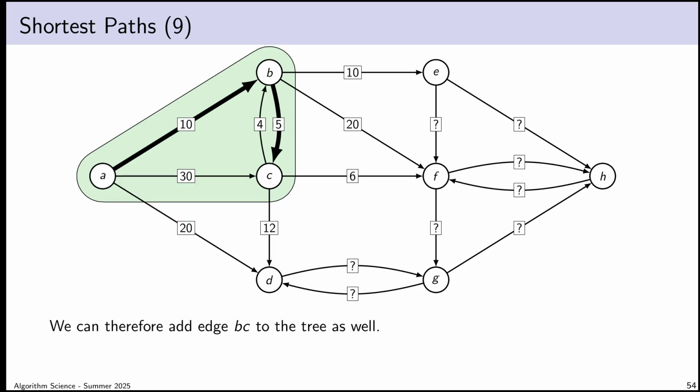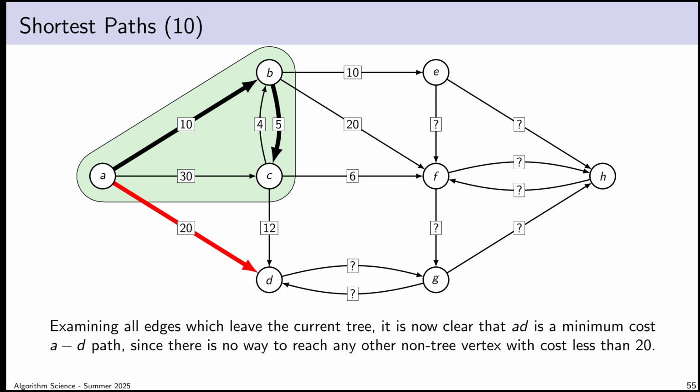If I now recompute the minimum cost of travel to various places, I can still reach vertex E at cost 20. I can reach vertex F via vertex B with cost 30. I can reach vertex F via vertex C with cost, so remember that the cost of travel to vertex C is 15, I can actually reach vertex F for total cost 21. I can reach vertex D by cost 20 from A, or by cost 42 from C. So obviously I just want to keep the edge from A. And so I realized that at this point, of the non-tree vertices I can get to in one step, the cheapest ones are either D or E. To break the tie, we'll choose the alphabetically lowest. Let's choose vertex D.